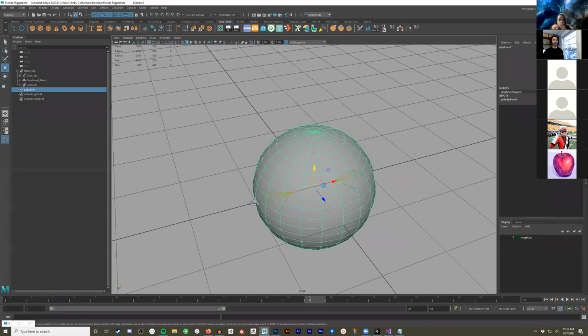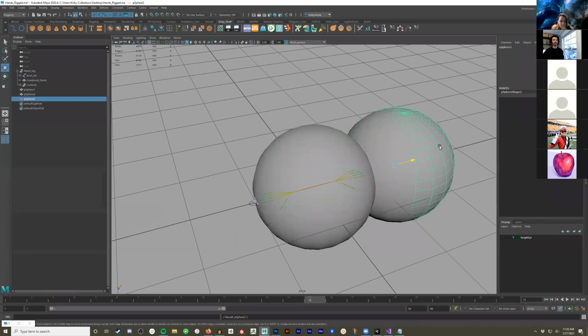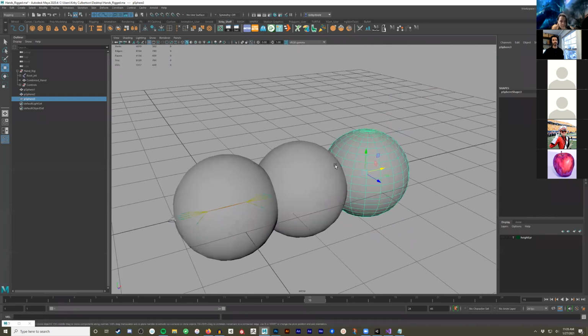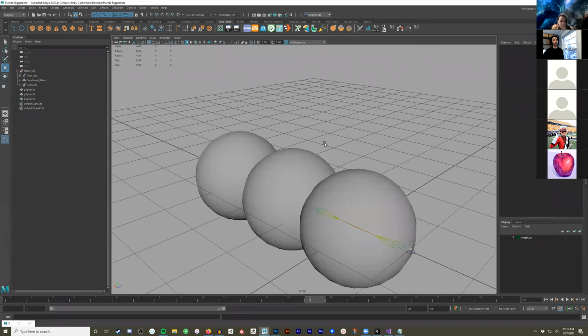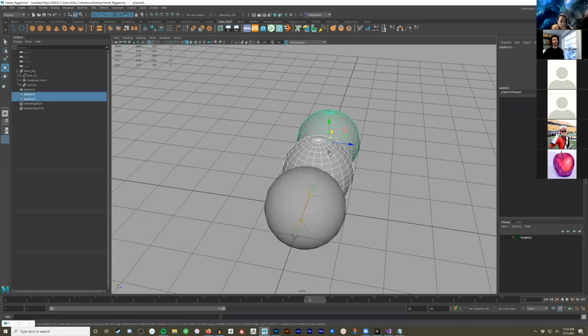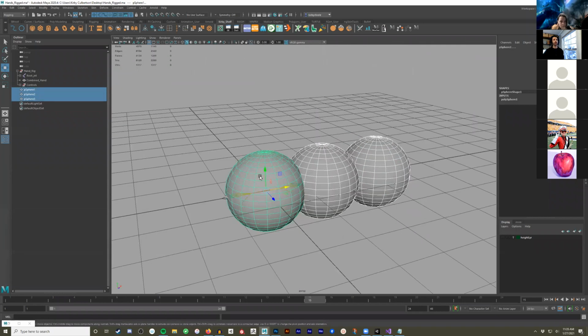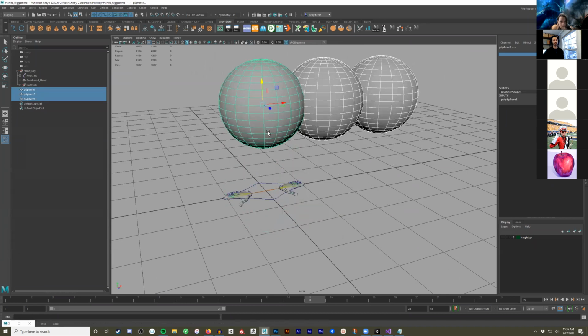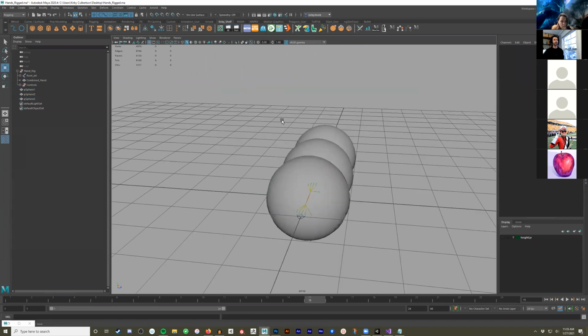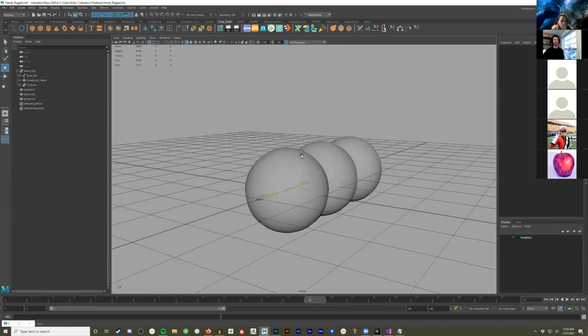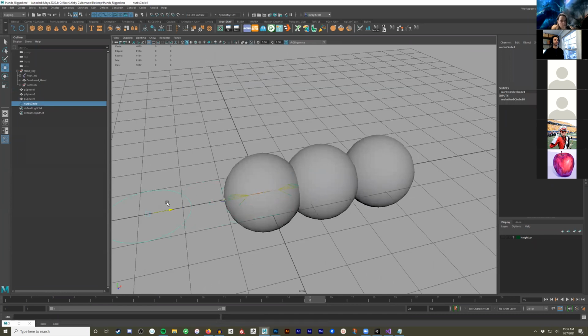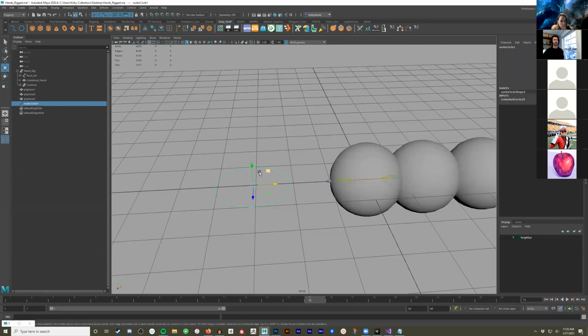So for example, if I had 3 spheres here and I wanted to have something that moves all of these up at the same time, what I could do is manually select all 3 of them and then move them up, or I could have a control over here that has some kind of